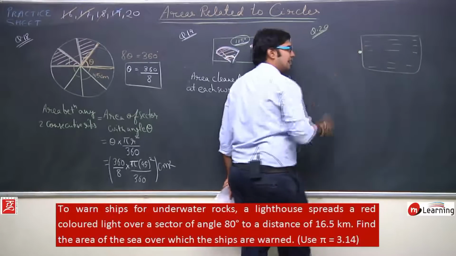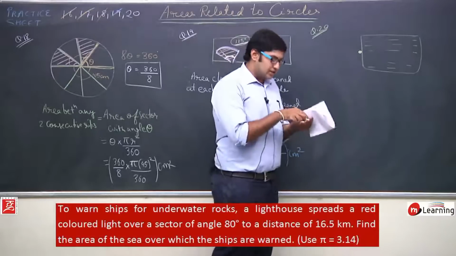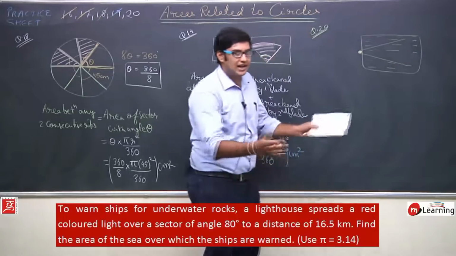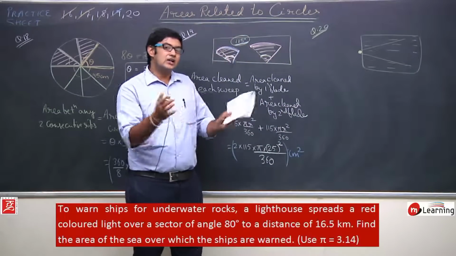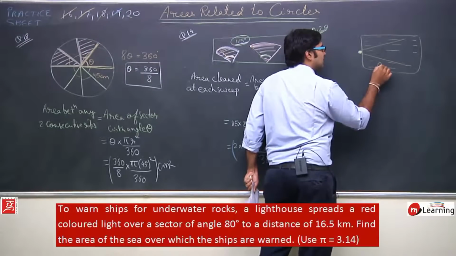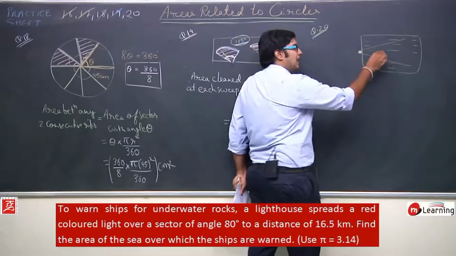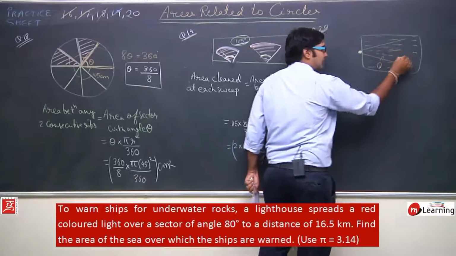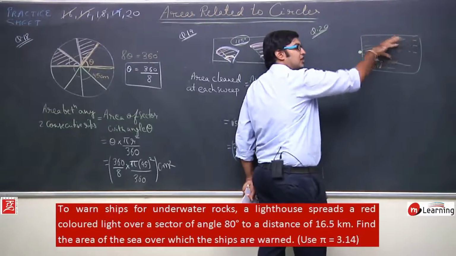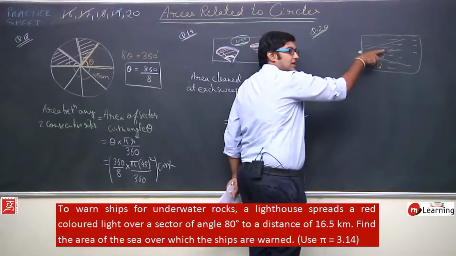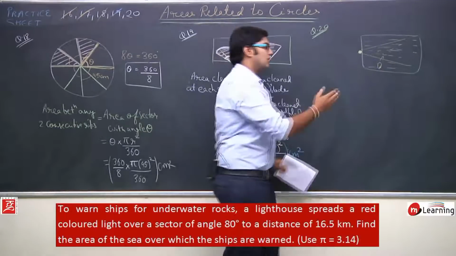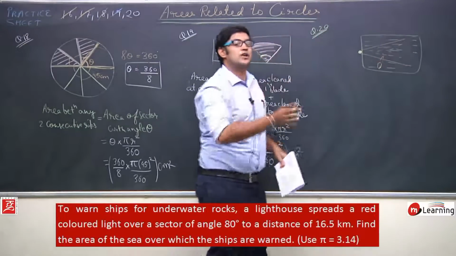Okay, if this is a sea, there is a lighthouse at one of the corners. At some place there is a lighthouse, and this lighthouse used to spread red colored light in the area where there is a rock. For example, let us say there is a ship here which is moving in this direction, okay, and there are rocks here. So, what will happen? This lighthouse will flash light in this particular area, so that this ship can see this light and understand that there are rocks, there is a dangerous area. So, it will not move here, it will change its direction and move in some other direction.